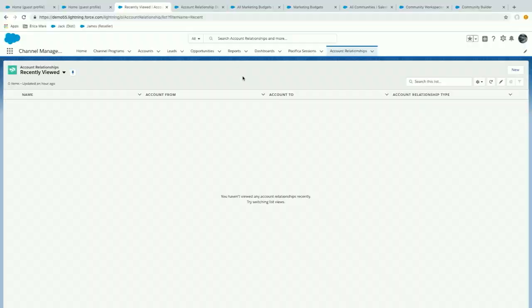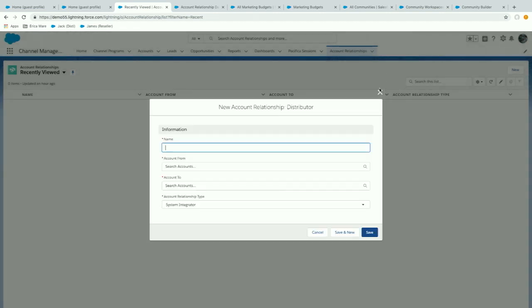Now, Erica happened to be on the release readiness and has read a lot of material, and she found out that account relationship is one of the features that is being released. So she played with it and she feels that it's an awesome feature, and so she wants to give it a try. So with few clicks, she will be able to set up this relationship. Let's say share opportunity. I want to share